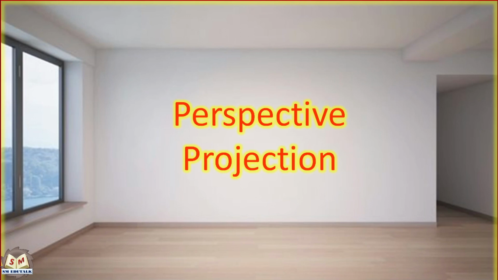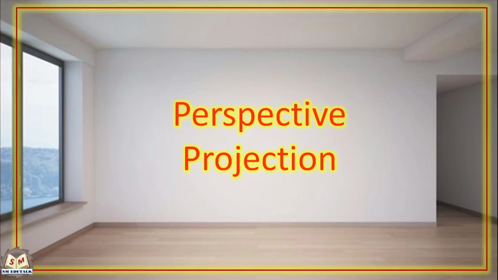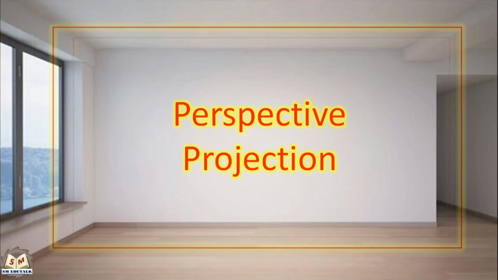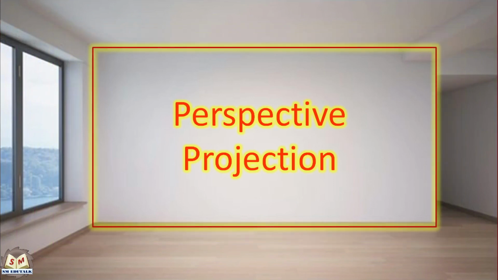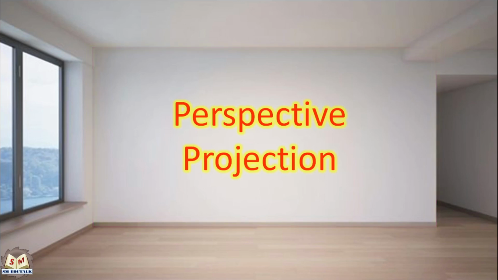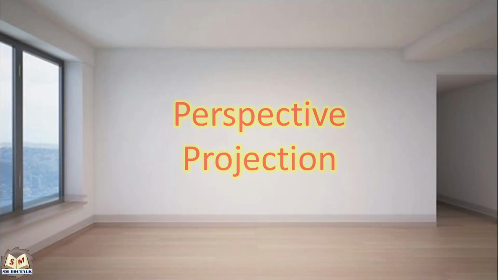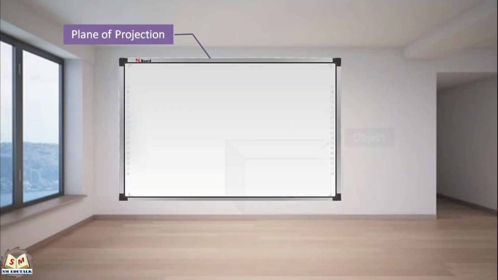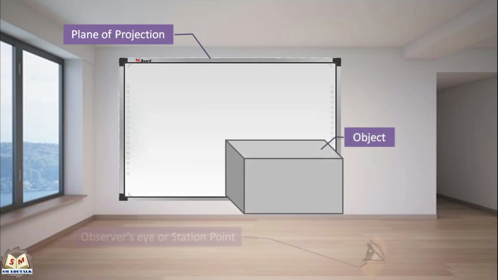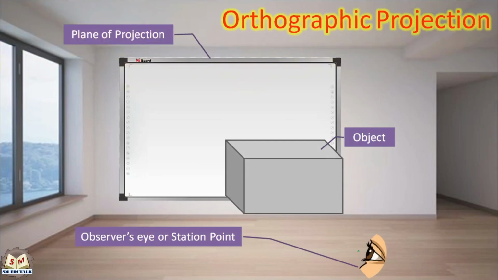You can see this room is nothing but a perspective view. The size of the room converges towards the inner side. So, perspective projection gives the drawing a realistic appearance. Hence, artists prefer this projection to show the environment in their paintings. It is very important to record a 3D object as a 2D drawing on paper without changing its dimensions. Orthographic projection is the right choice for doing so.